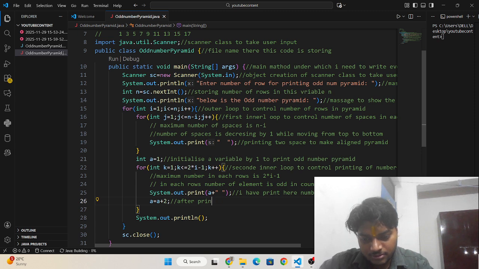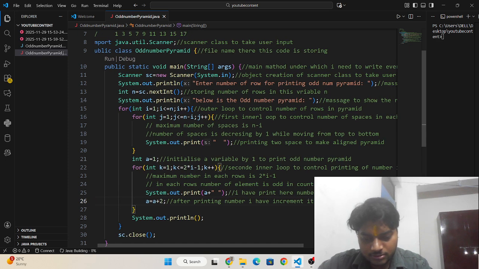After printing the number, I have incremented it by 2 to get the next odd number.